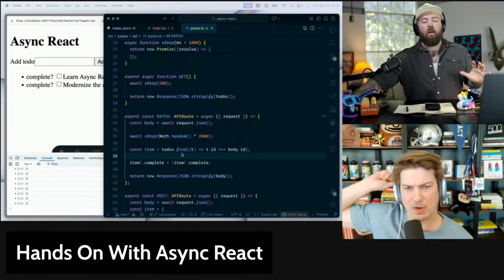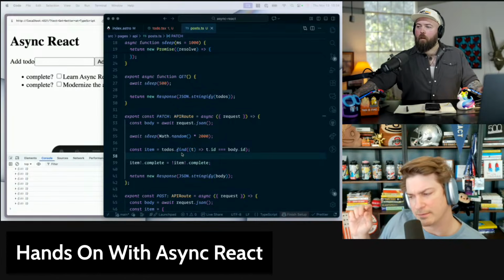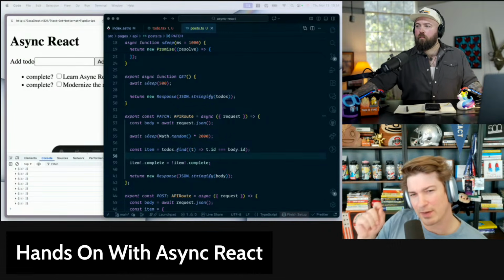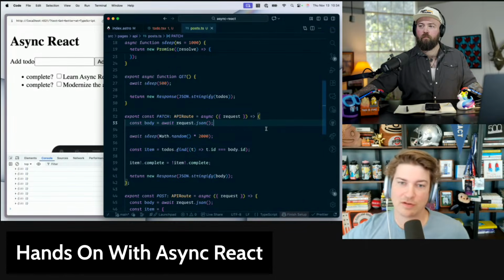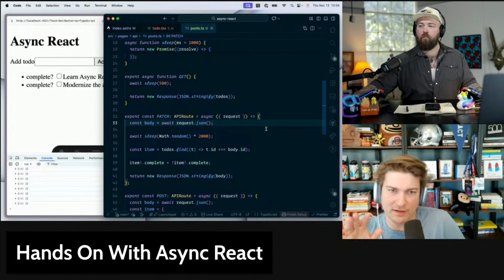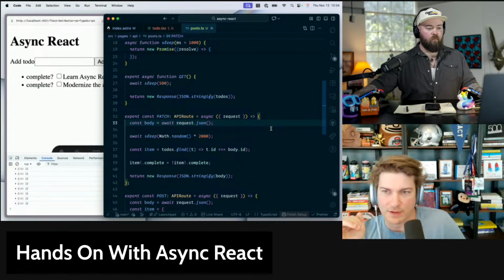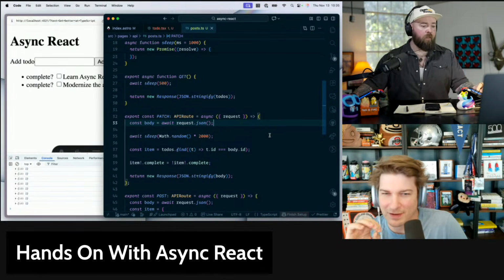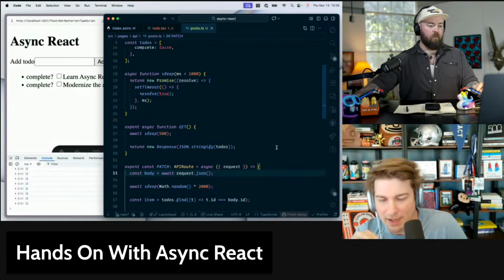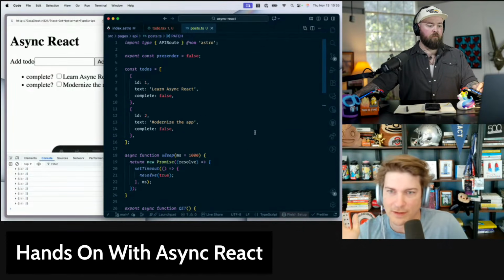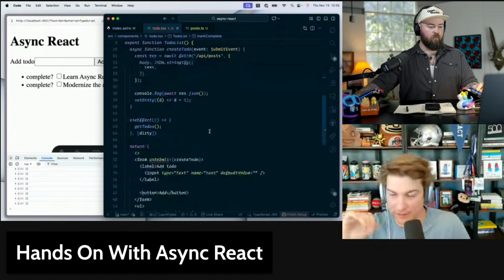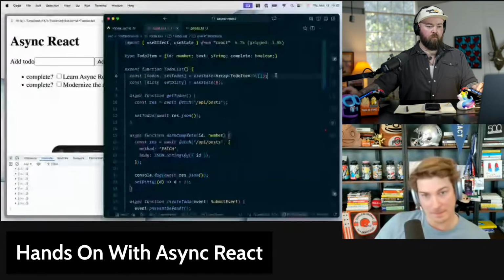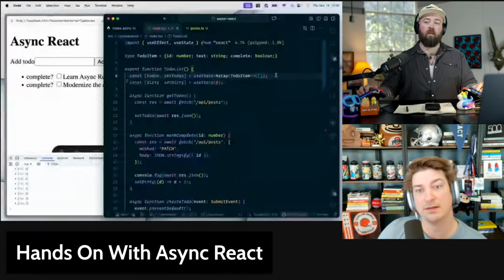So, yeah. One thing I think we should add, one more thing, and then convert this to async features. When you add a to-do, even when you mark complete, we don't have any pending states. And we can do that in this world. A lot of the story of writing an app like this is that you can do it, right? You set it to pending, clear it when it's done. Do you want me to do this? Yeah. Okay.